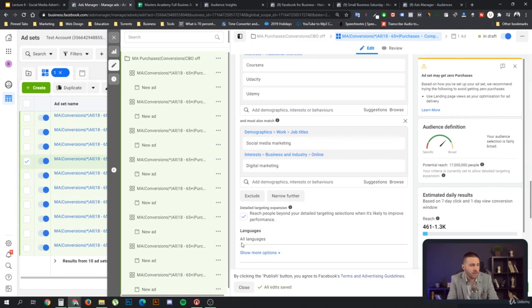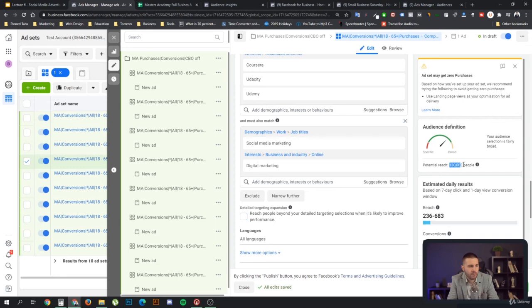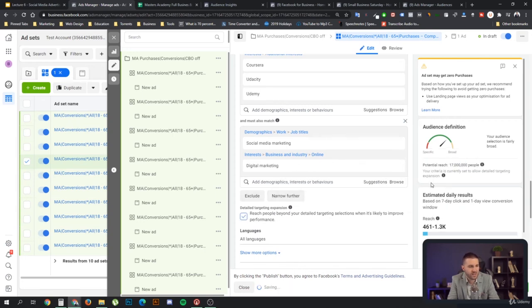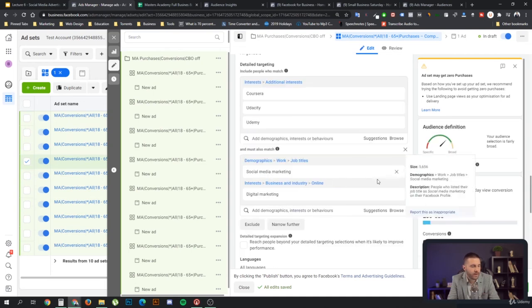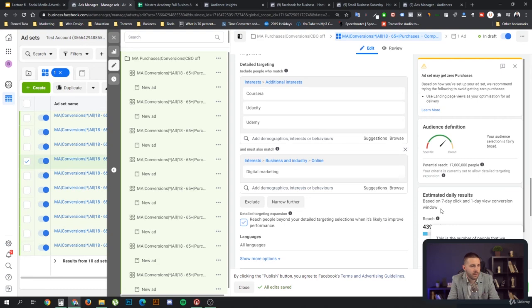And as you can see, because we are using the detailed targeting expansion over here, our audience is being dramatically bigger than normal. So what you want to do is use that later on. And so as you can see, this goes from 130,000 to 17 million people once you click it. So the difference can be dramatic, and you have to be careful with it. So now we have an audience of 130,000 people, and maybe we can remove the social media marketing and say, all right, that's fine. And then maybe we can turn it on,